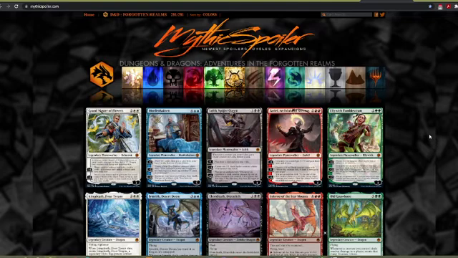We're looking at the new set, Adventures in the Forgotten Realms, a Dungeons and Dragons Magic the Gathering crossover set. We've had a few books in D&D 5th edition that were influenced by